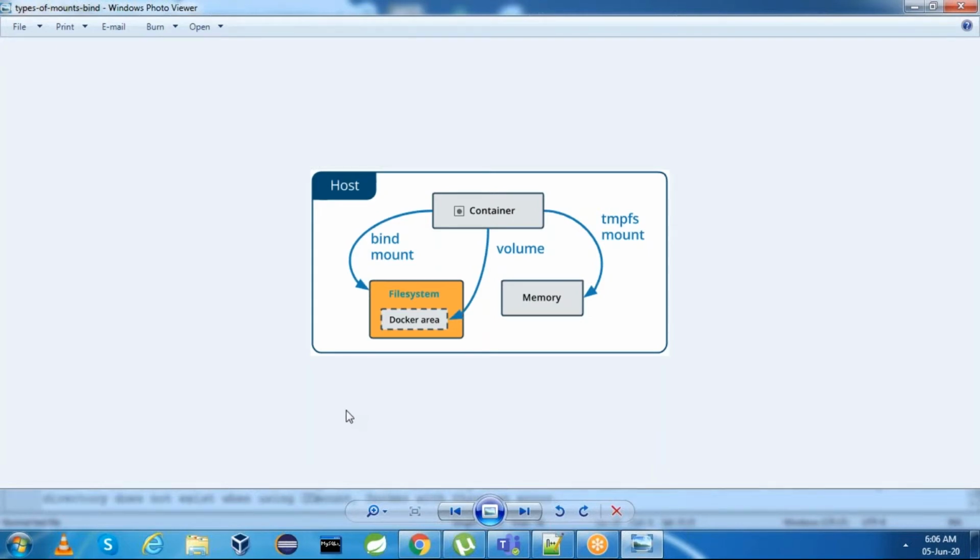In this session, we are going to see what is the difference between Docker volumes and Docker bind mount. Basically, we are going to see in detail about the Docker volumes concept and when to use volume and when to use bind mount, or what happens when we use volume and what happens in the case of bind mount.